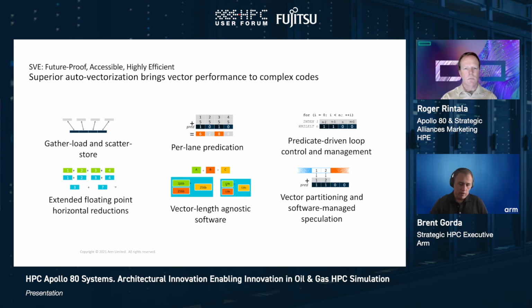So the design for SVE is such that you don't have to specify in your binary what length of vectors you're expecting. It's completely independent. Of course, there has to be an implementation. At the bottom of the stack, there's a piece of hardware